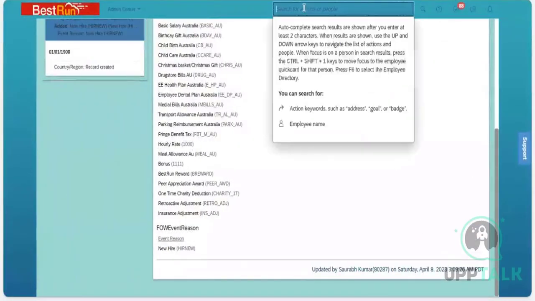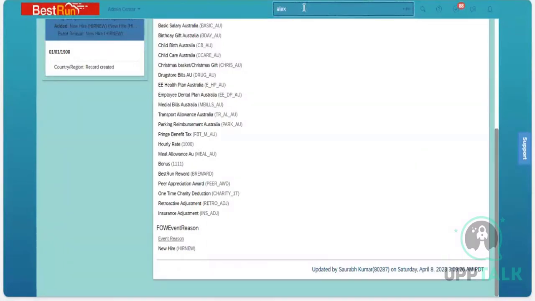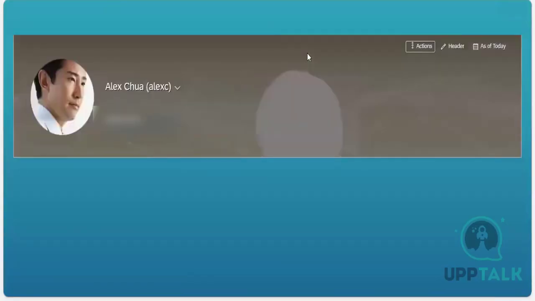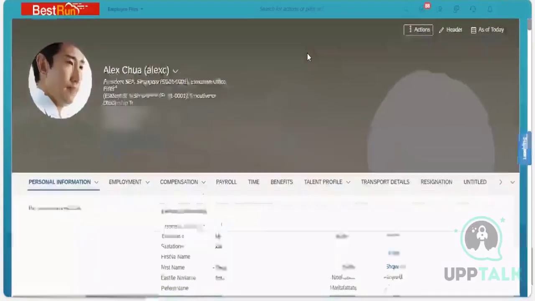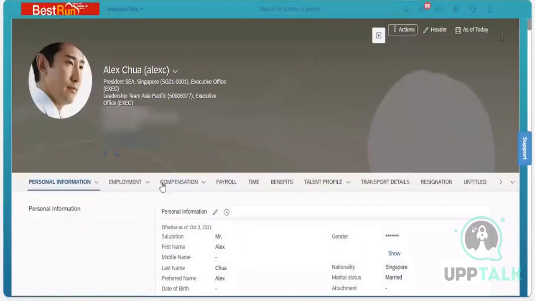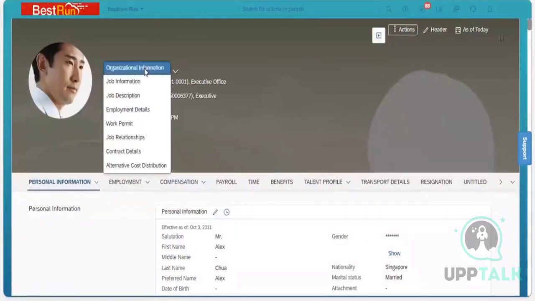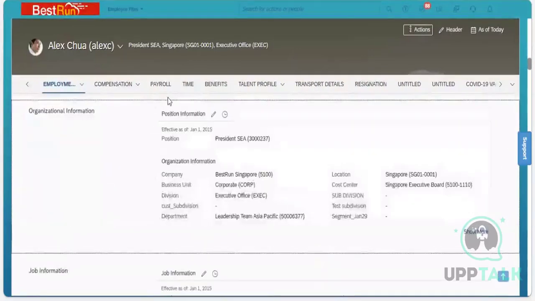I will open a user here to have an understanding. Alex, I will go and take, and I will go to organization information. Okay, here you can see the company, business unit, division, all this information is there. Okay, so while creating it, I can directly type the username as Alex also, but let me show you